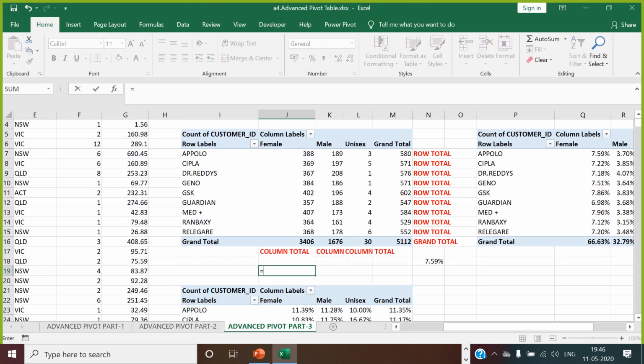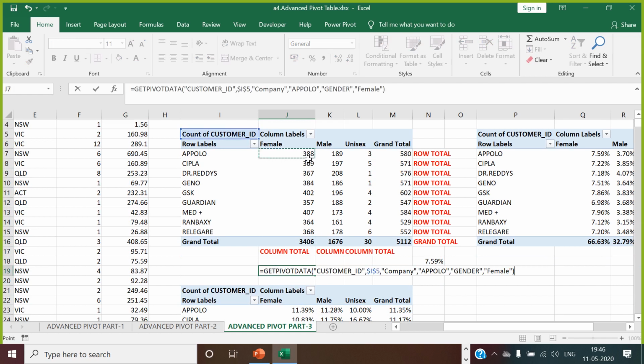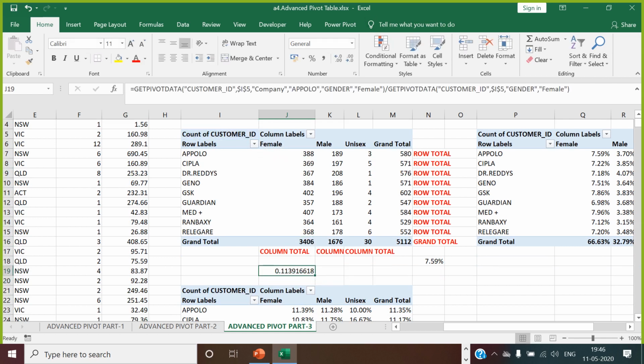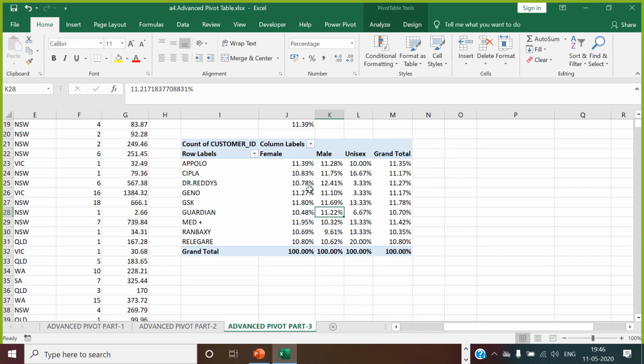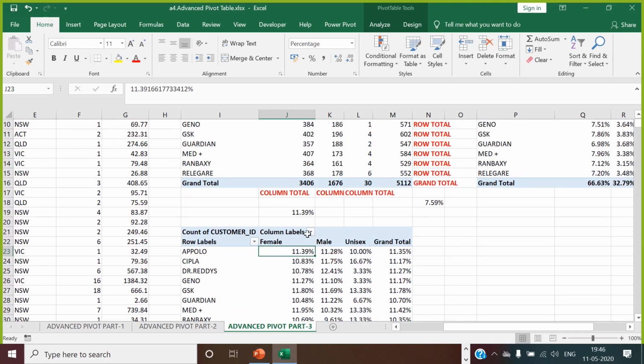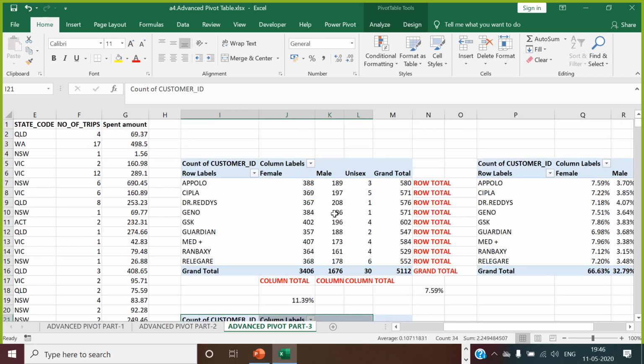So you are saying this over this female total, which comes around 11.39 percentage. You can see this is coming over here. Understood, guys? Same way, I copy this.